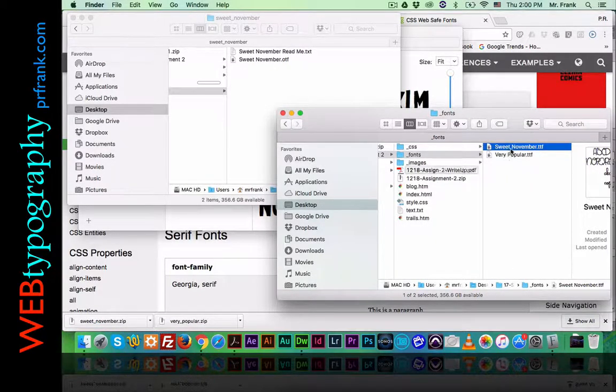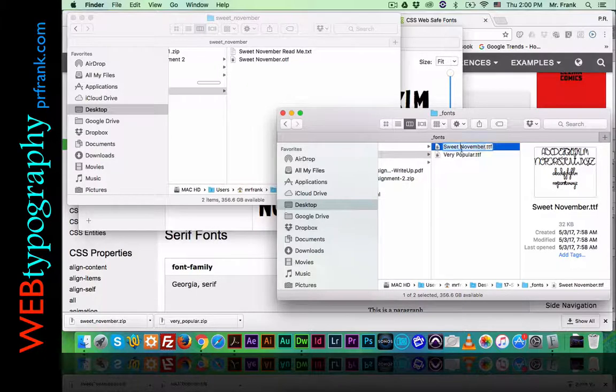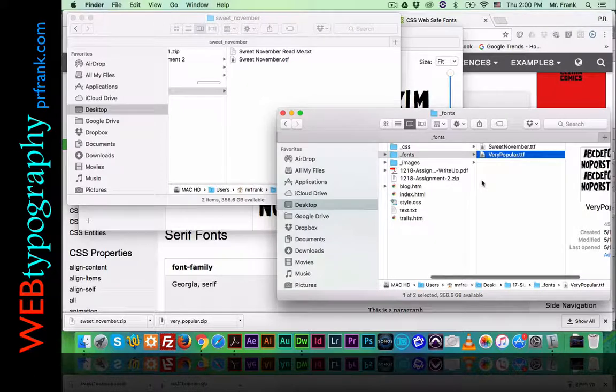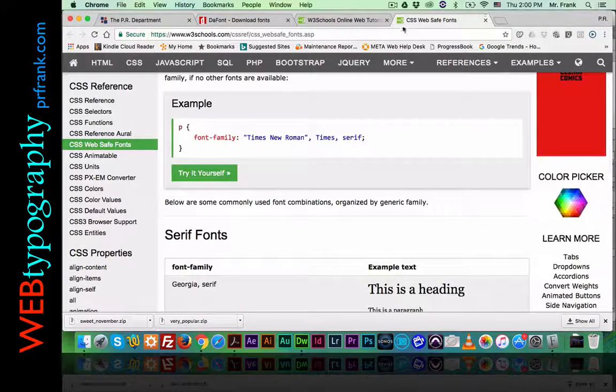The best thing for the web is to take spaces out, so I'm just going to take the space out there and use what's called camel case, where I've got no spaces but capital letters in between words. Alright, now that those are in my fonts folder, I can use what's called the @font-face, and once again,